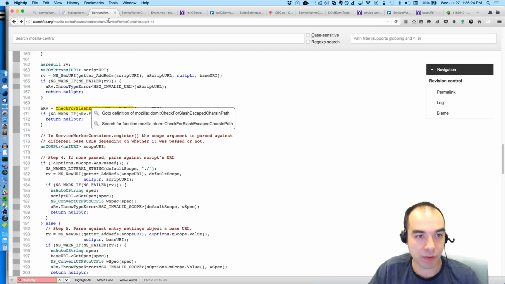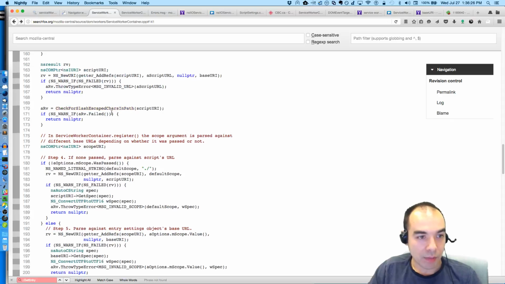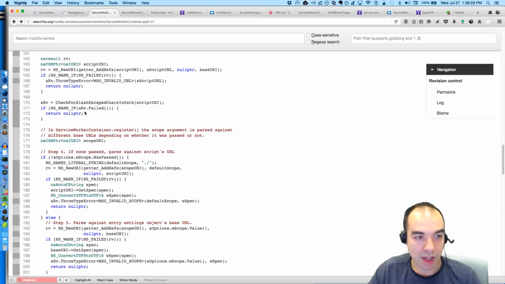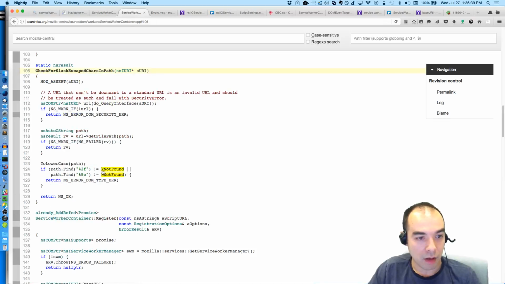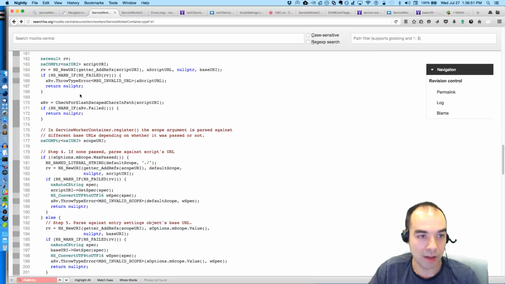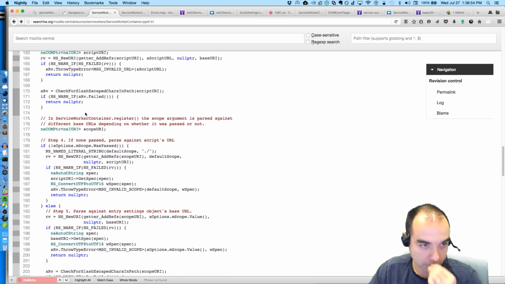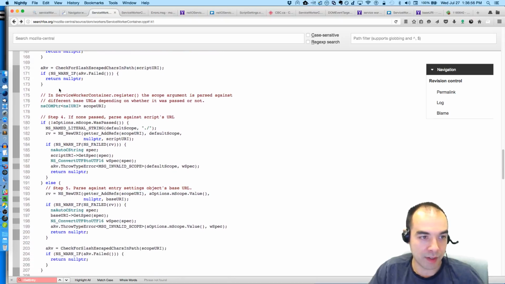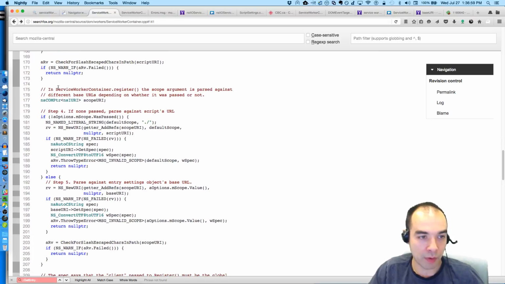Anyways, so we are escaping those things. We escape those slashes, and if things go wrong escaping those slashes, like if we find that there are any. Oh yeah, if we find any escaped slashes, so not equal to not found, so you're just doing double negatives. What that means is if we find this or if we find this, then we would say DOM type error. Otherwise, all is well. So if all is well, we continue. Otherwise, we return null and throw an exception.